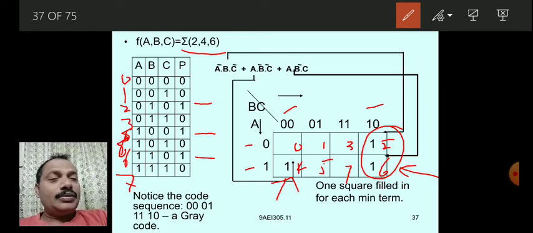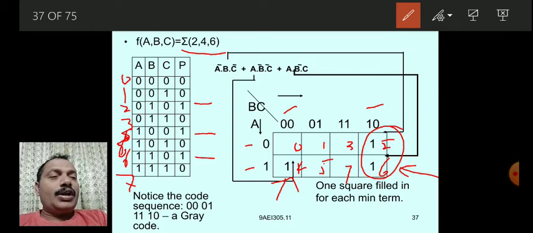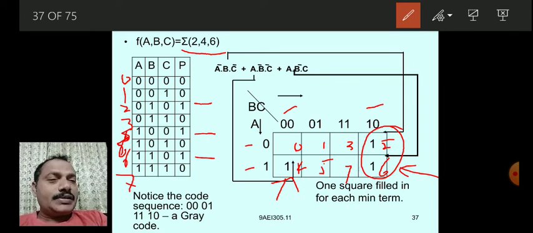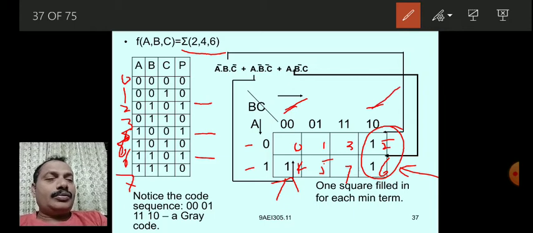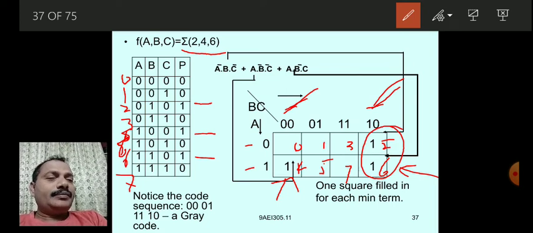On the row side only 1 is there. On the column side the codes are 0 0 and 1 0. How many bits are changing?